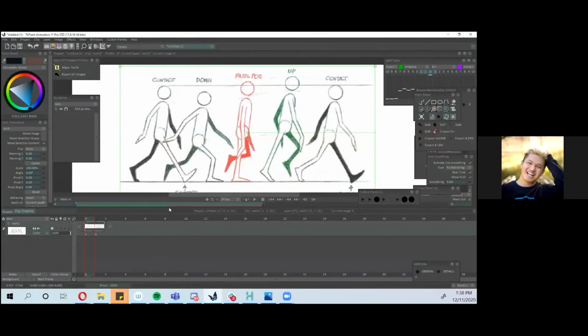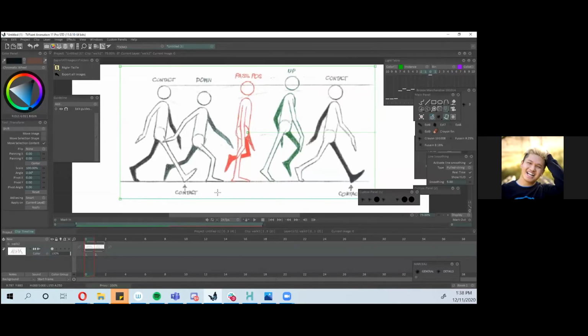Some of you have already done walk cycles, but one thing is, in animation, walk cycles are one of the first things that you do as an animation student, and one of the last things that you master. And you do it forever and a lot of times throughout your career. It's all about understanding how a walk cycle works. And so what I'm going to demo is